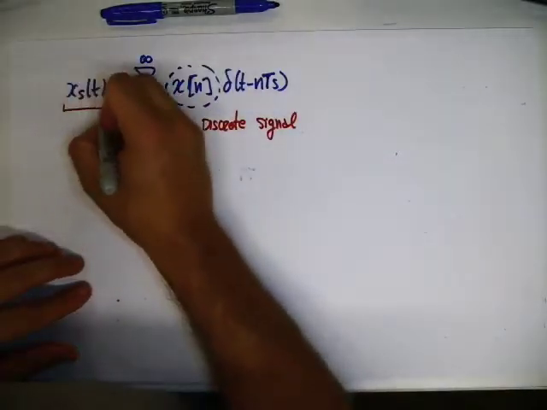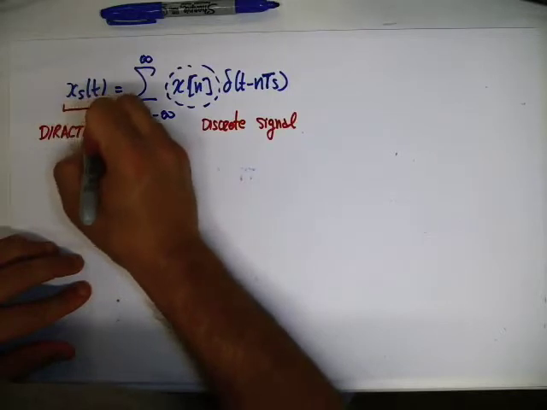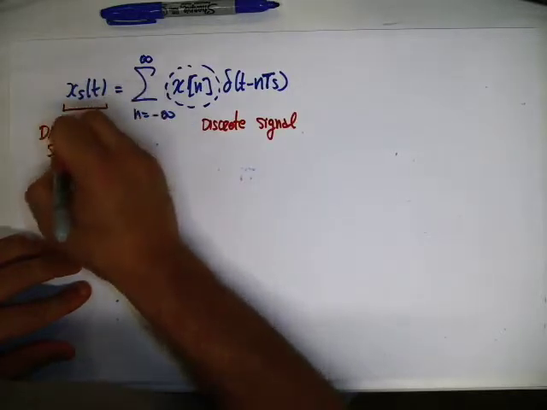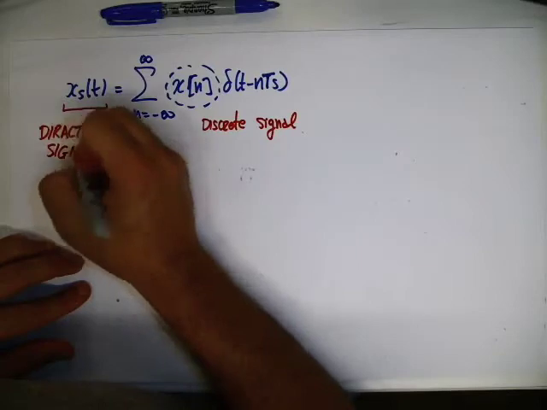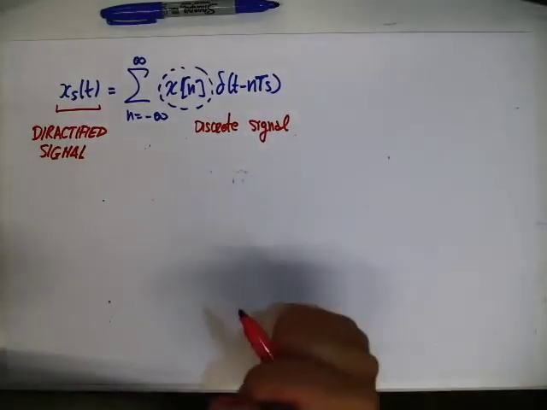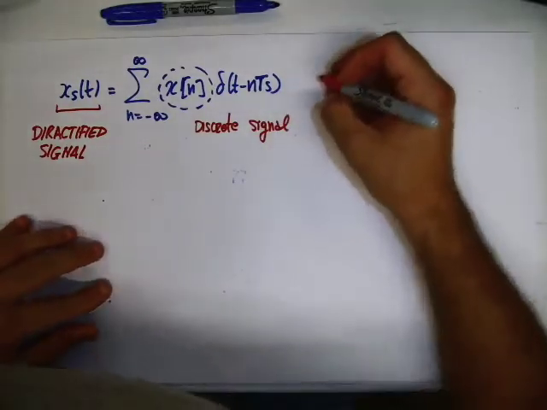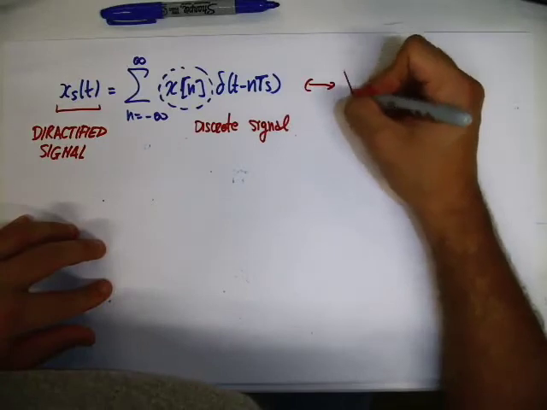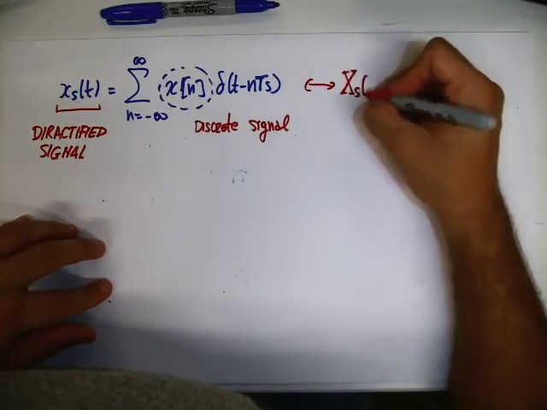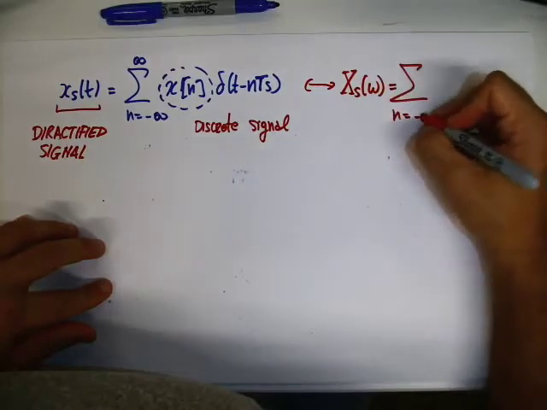And this is basically the Diractified signal. We saw that the Fourier transform of the Diractified signal is given by this infinite sum